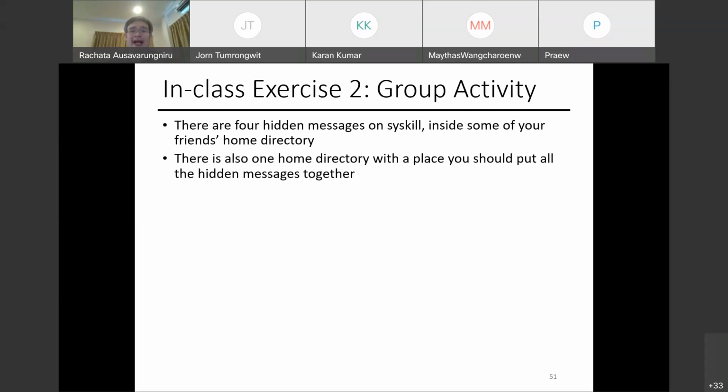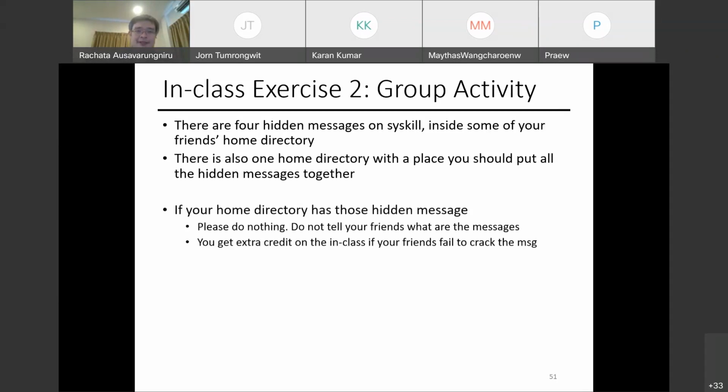So basically there are 5 special accounts right now. 4 of them have the hidden messages. One of them is the place where you should put all the hidden messages together. The thing is, if you are that lucky person that has the home directory with the hidden messages, you can check by logging into your home. They're basically logging into Cisco.